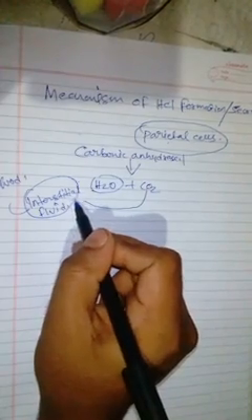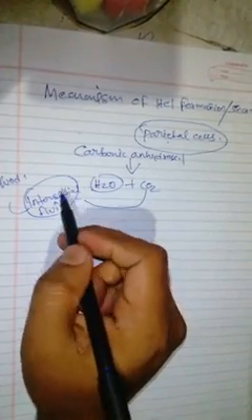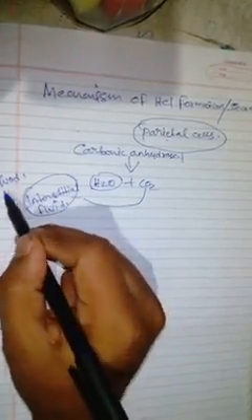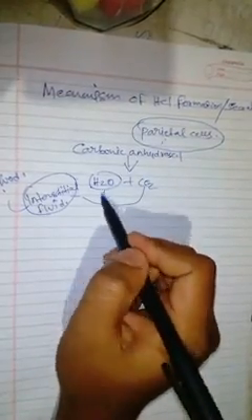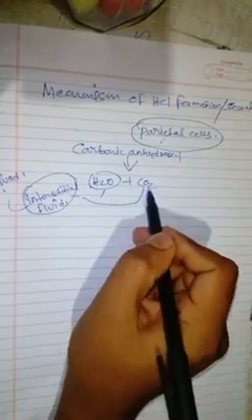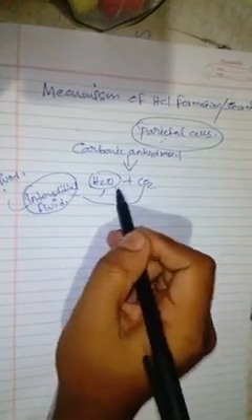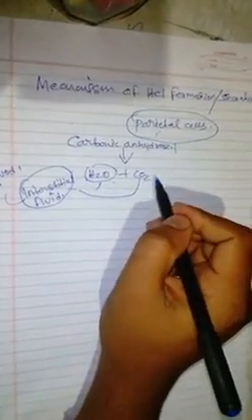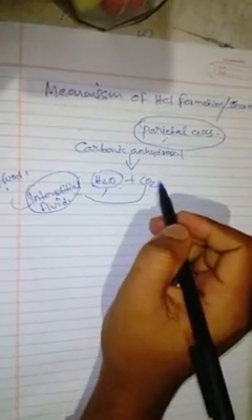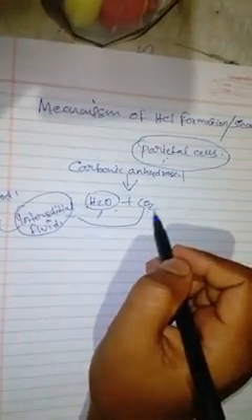Interstitial fluid is the fluid present in between the tissue spaces, which acts as a medium for exchange of substances between blood and cell. So within the parietal cells there is H2O, and CO2 comes from interstitial fluid, or it may also be produced within the parietal cells by metabolism. Now after that, this